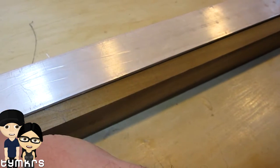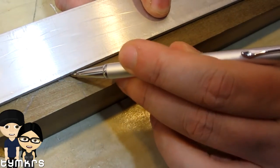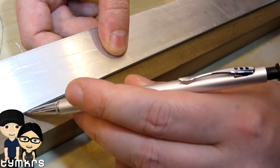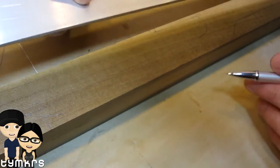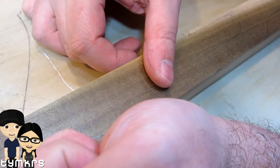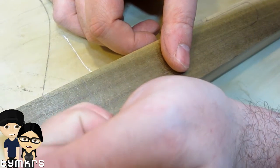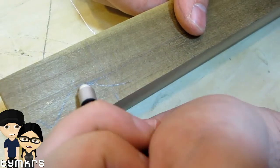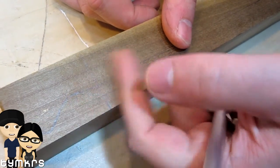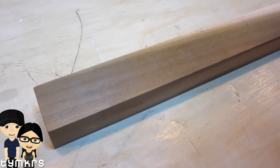Yes, indeed. So I put that in place on both sides, and now I can strike a line from that point down to this point. And then I can just go in there and smooth this out to make it really easy to cut. And then I remove the lines that I don't need. Okay. Just like so. Alright, so now we've got this all marked up, and it's time to start doing the rough